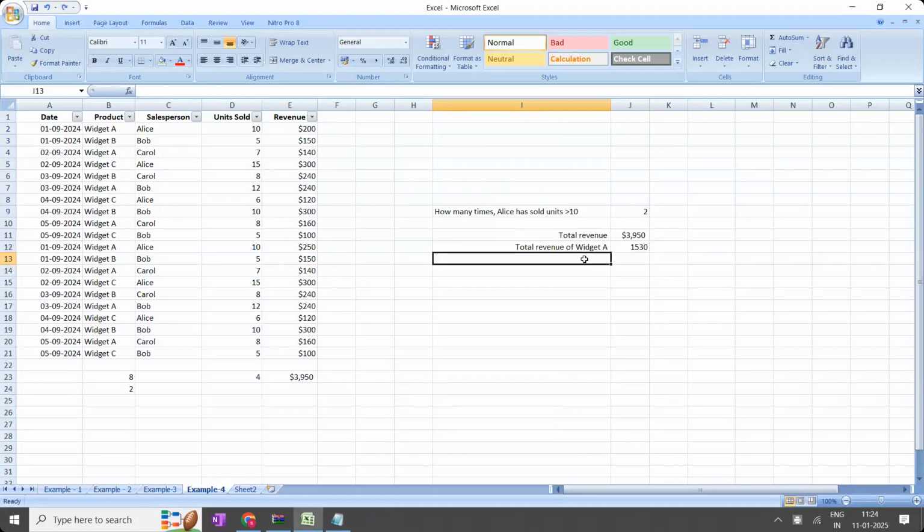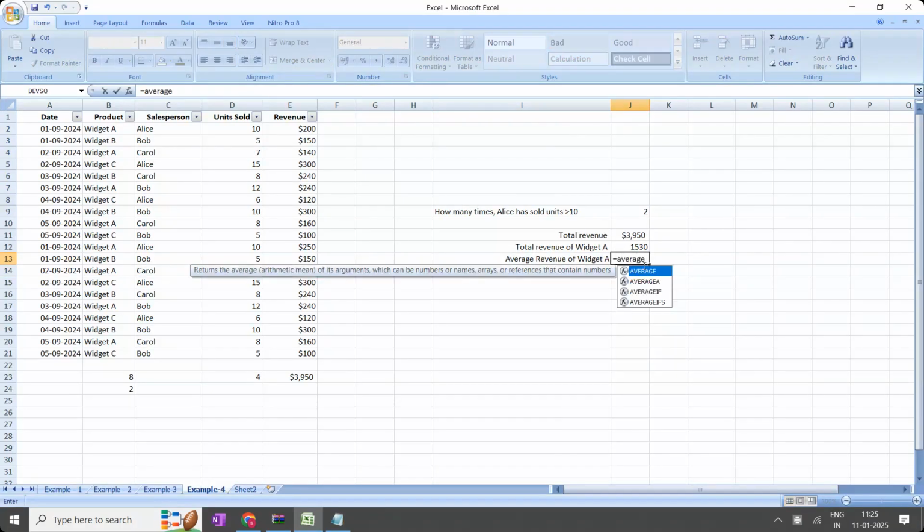Now my requirement is average revenue, the average revenue of widget A. That is my requirement. Not the average overall revenue, I want it particularly for widget A. So a condition is applied, which means AVERAGEIF. Average means overall.